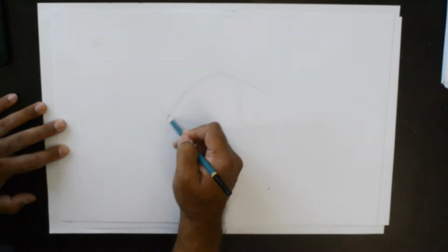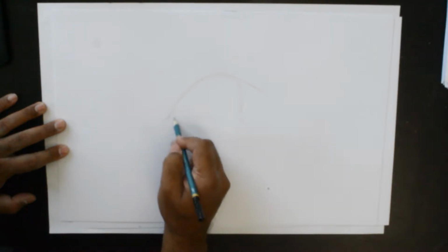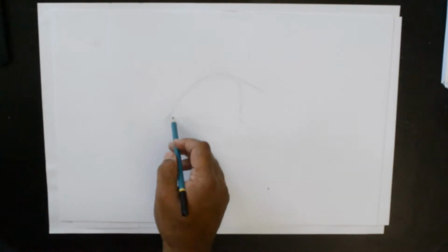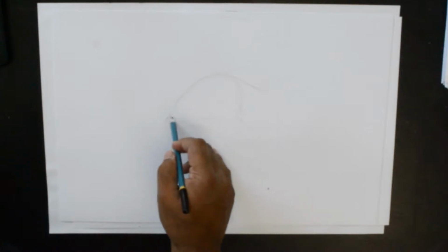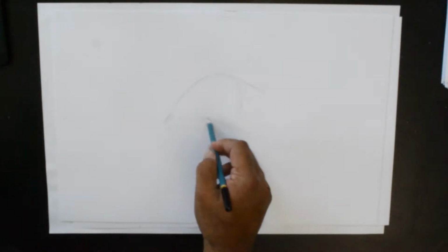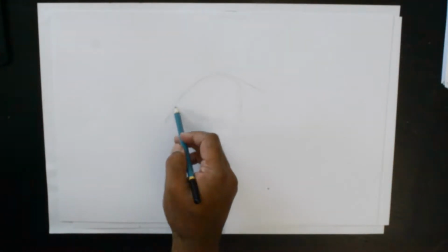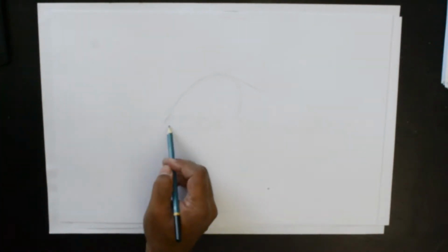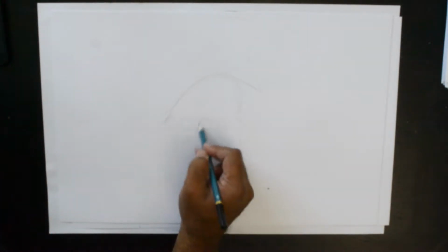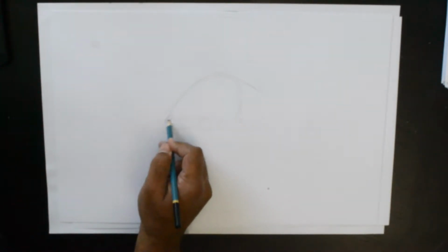So now we are going to put in a pair of knuckles. 2, 4. And the thumb, of course, is going to go somewhere here. Now we're going to do different things with this. So let's first get out